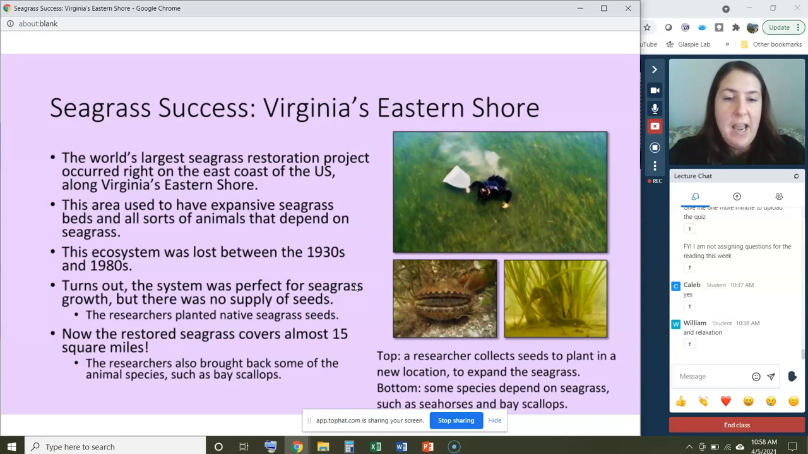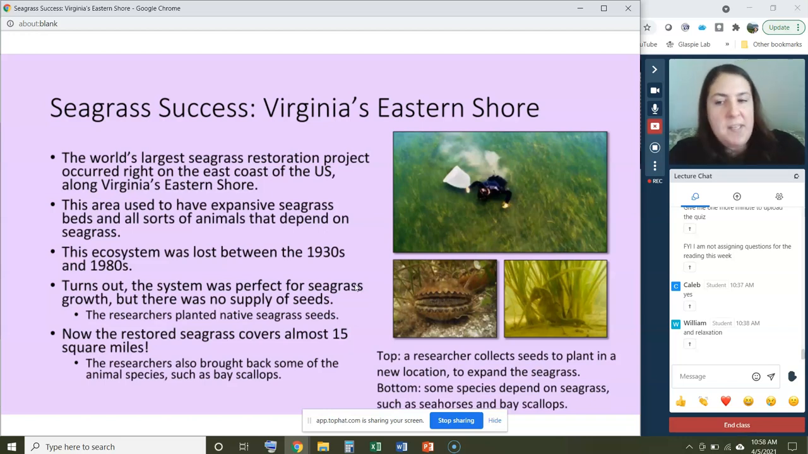This area has a lot of relatively undisturbed coastal bays. It's very much like the Outer Banks of North Carolina, if any of you have ever been there. It's very similar, but it's even less visited than that. There aren't very many people that live out there. And the area used to have expansive seagrass beds and all sorts of animals that use seagrass, like sea turtles, bay scallops,